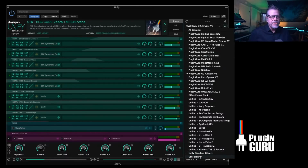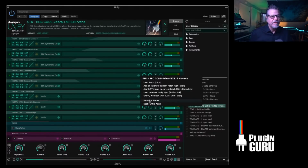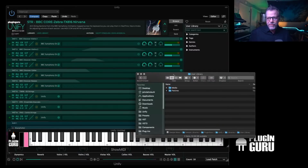And let's go over here. You need to own these plugins for this to work. Just a heads up. When I do these things, sorry if it makes you buy stuff that you don't have. I will tell you the Hans Zimmer Zebra 2 library is one of those Chopin Bach moments in synthesis, in my opinion. It is a wonderful library. You will not be sorry, especially if you're into cinematics,